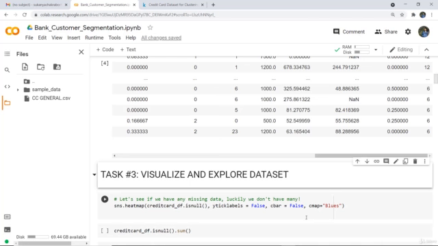Now what is the cbar? cbar is actually an optional boolean parameter. Why we have placed it there? Whether to draw a color bar or not. If you want the color bar and you have put it at true, then the color bar will be displayed, otherwise not. cmap equals blues.